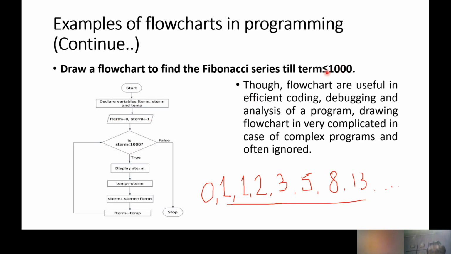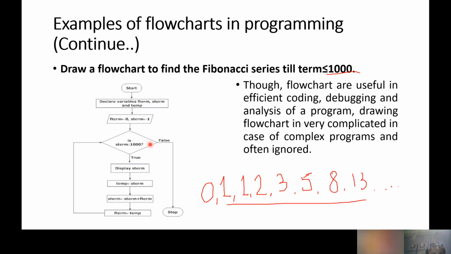Why s term? Because here we have a condition like less than 1000. So that is why the condition is s term is less than 1000, because s term is always my final term. Initially this is my f term, this is my s term, then next is this value, and we need to change the f term and s term. F term is this, s term is this now. That is my logic. So ultimately, whenever I reach this point, this last digit will be my s term, and this one will be f term. So that is why the comparison is s term is less than or equal to 1000.